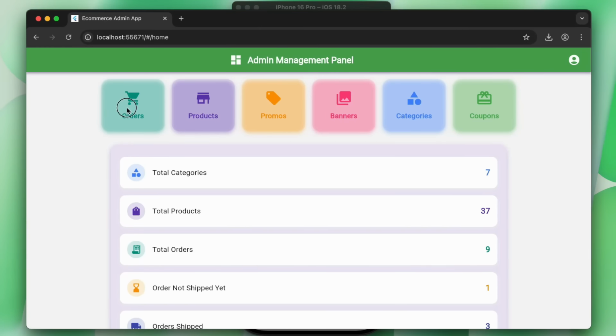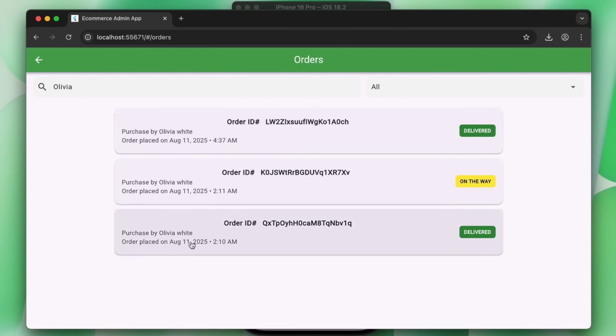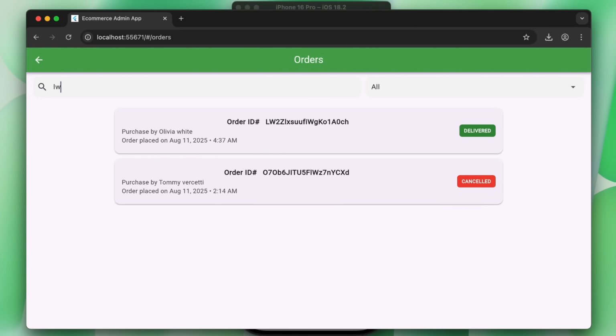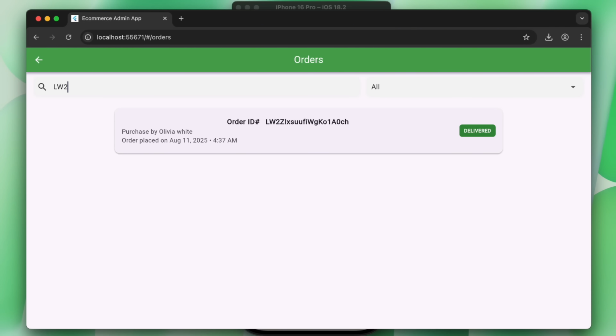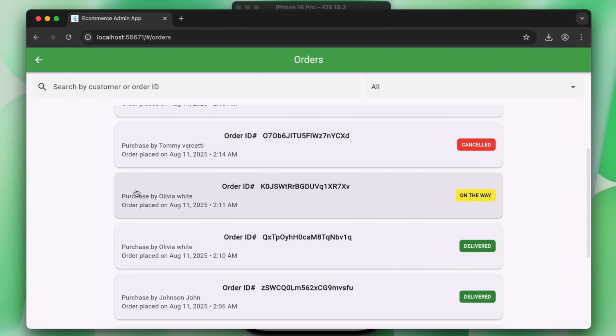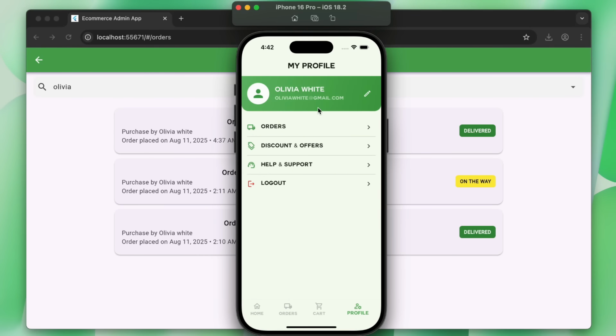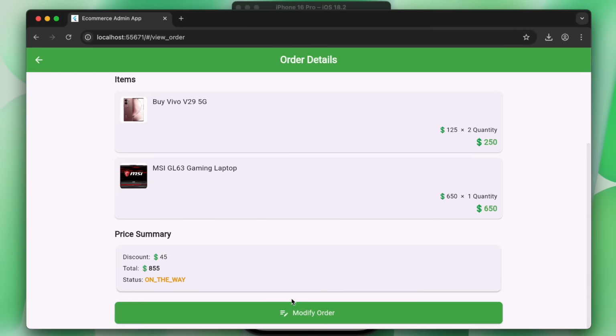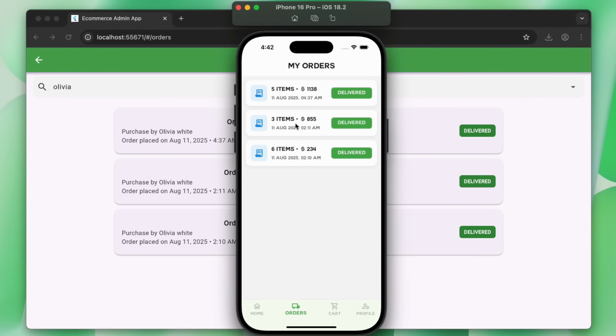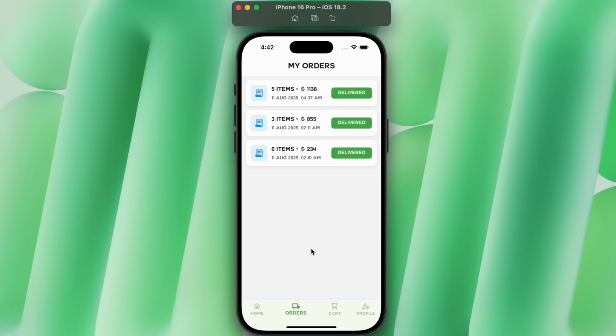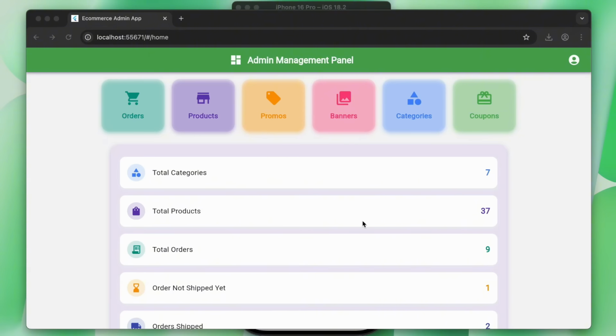As there can be thousands of orders placed from different users, you will also learn how to implement a search feature where the admin can search orders by name, by username, and also by order ID. So in this course, you will learn how to create an Android and iOS e-commerce application, as well as